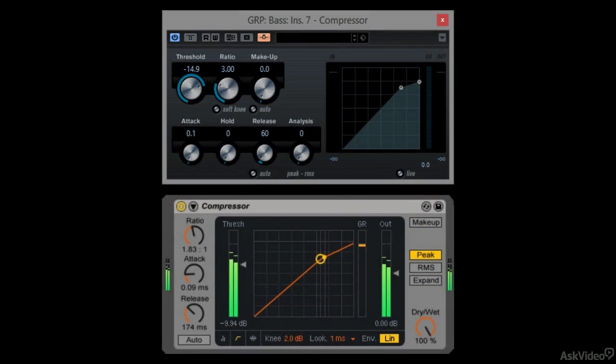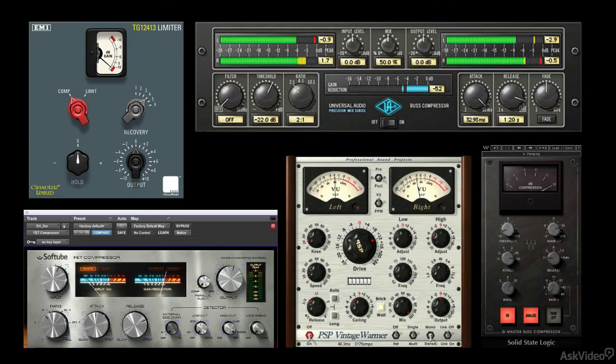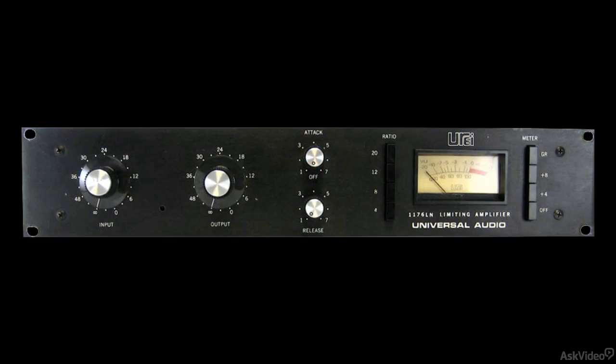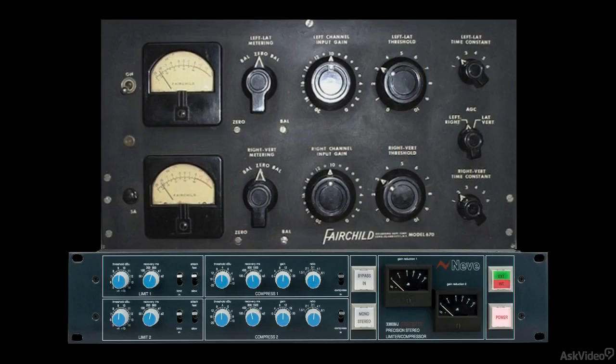But there are a lot of different types of compressors out there, with different designs and different circuitry, physical or virtual, and many of them have very distinct compression characteristics. Some excel at heavy compression that doesn't sound particularly compressed. Others are known for imparting a much stronger effect that adds some real oomph to sounds running through them. Often, these distinctive and desirable characteristics are only available when using certain designs or specific models, so once you've got the basics of compression down, it's definitely worth the extra effort to get to know and try the various different